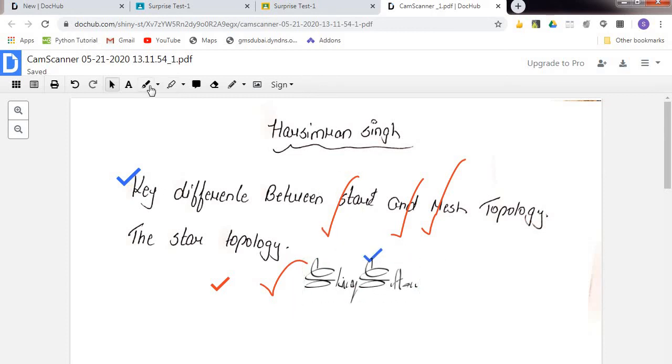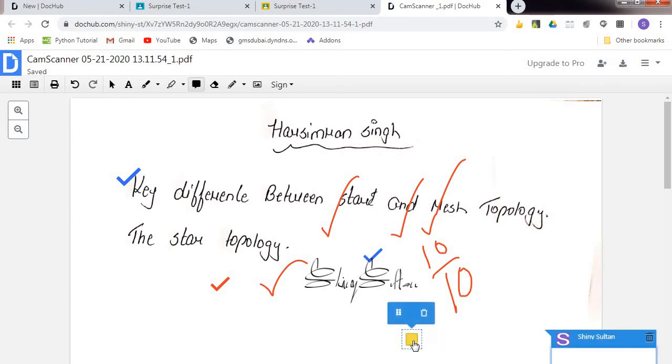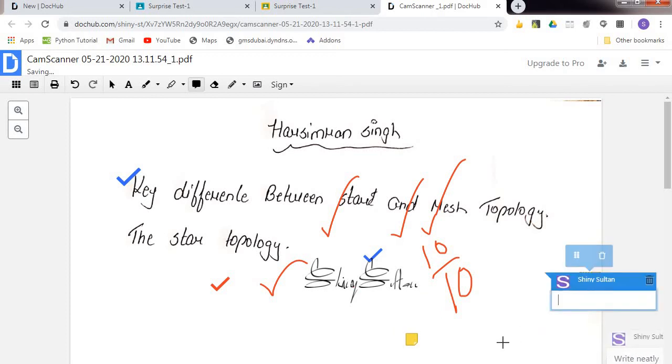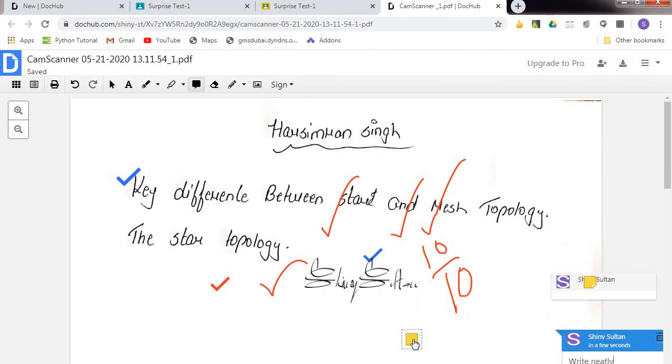Signature here, I can put marks also here. So like that we can easily put the comments, marks and all. If you want to give particular comments also, you can give them here. The comment tool is there. So I'm just clicking the comment box here, and you can type the comments here. So like that you can give different comments. Wherever you are clicking, the comments will appear.